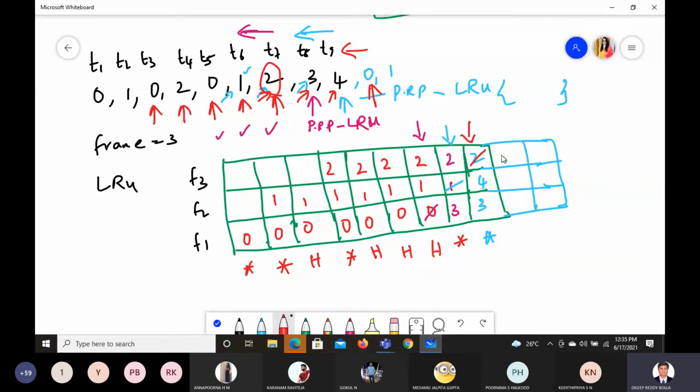So replace this 2 by 0, and 4 and 3 will continue. This also is a fault. Next is 1. 1 coming up now. 0, 4, 3 are there. Now 0, 4 and 3. So these 3 are there. Which one we should replace? Least one, 3. We'll replace 3. It will be 1, it will be 4, it will be 0. As of now, this functionality is the same as before.